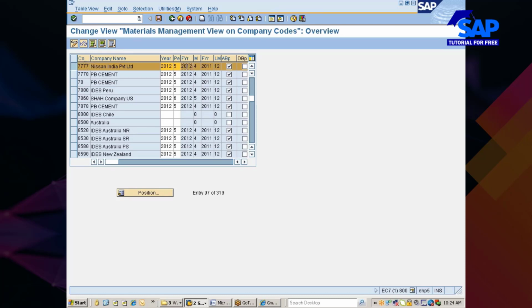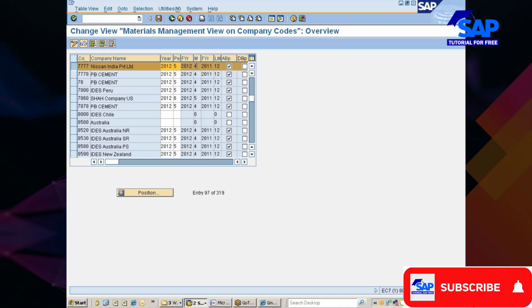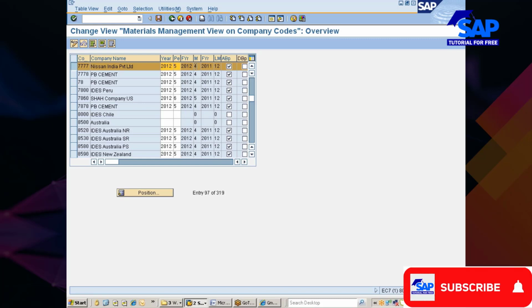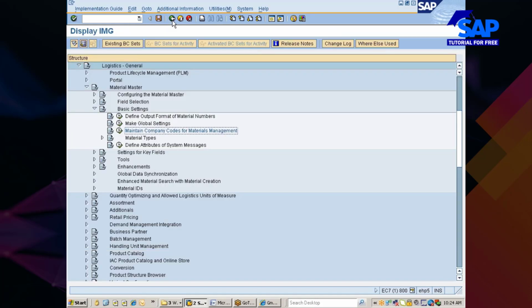Current year, this year, last month, this is 4. When the current month is 5, obviously the previous month is 4. I told you this, you have to do it immediately after completing the organization structure, but before creating any master data entry, right? So we have already discussed this.